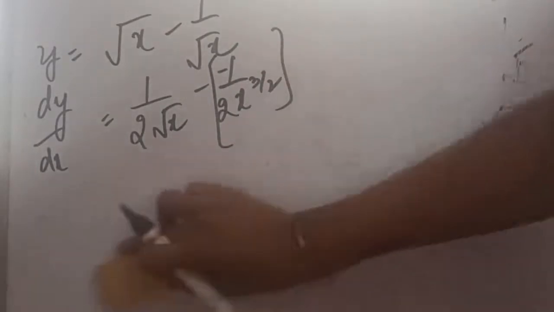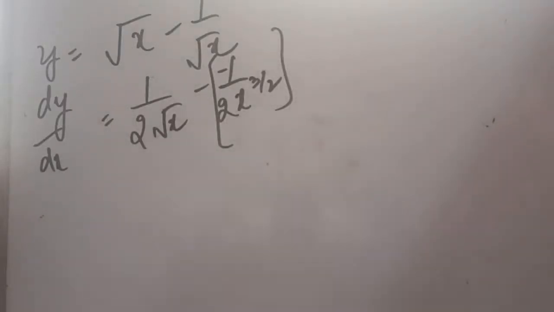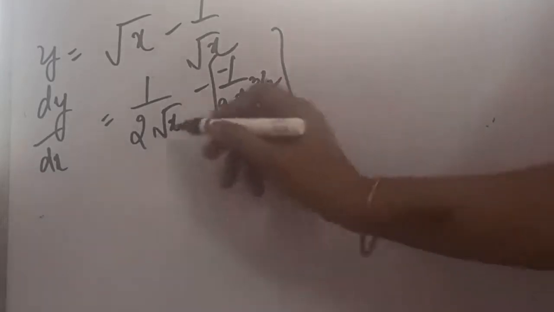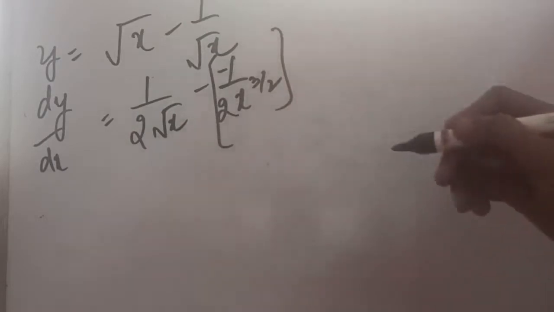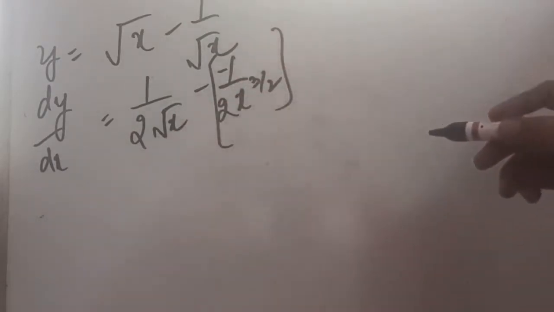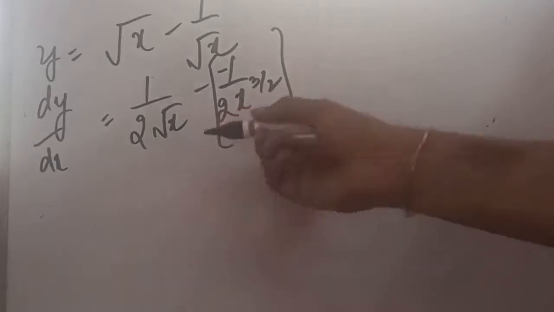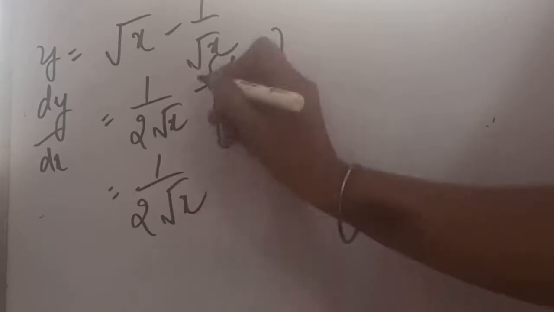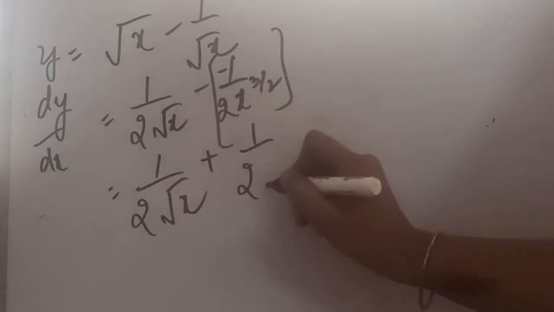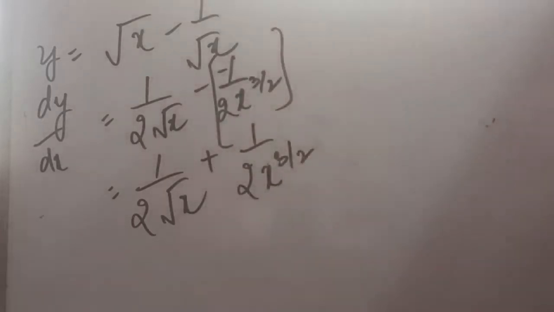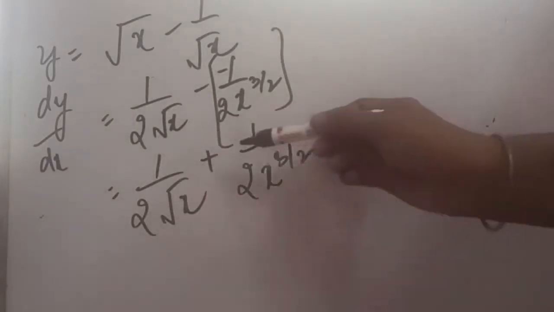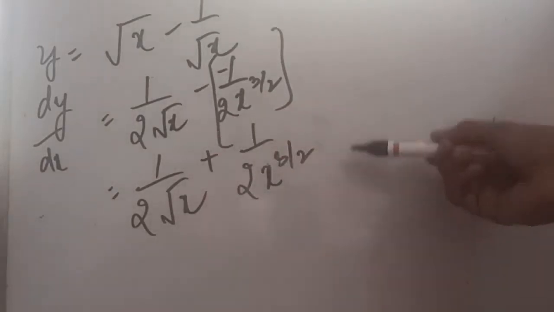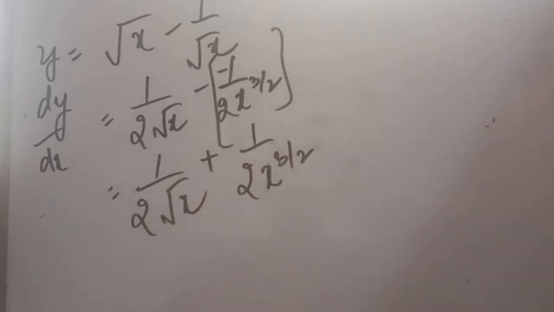When a question has been given in two parts, you can solve them in two separate formats. Now just try to solve it as much as possible. We can say that below, 2 root x, 2x is somewhat common, but if you want to write it directly, we can write it like that. 1 upon 2 root x, it is minus minus, so we can put a plus sign over here, 3 by 2. So the answer is 1 upon 2 root x, minus minus has become plus, so plus 1 upon 2x root 2x power 3 by 2.